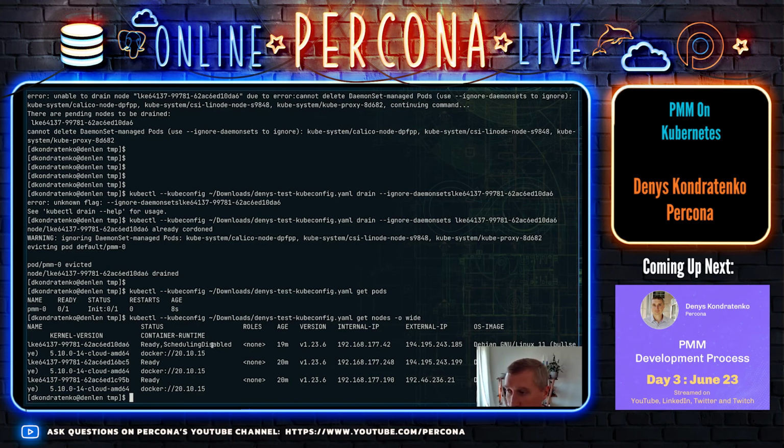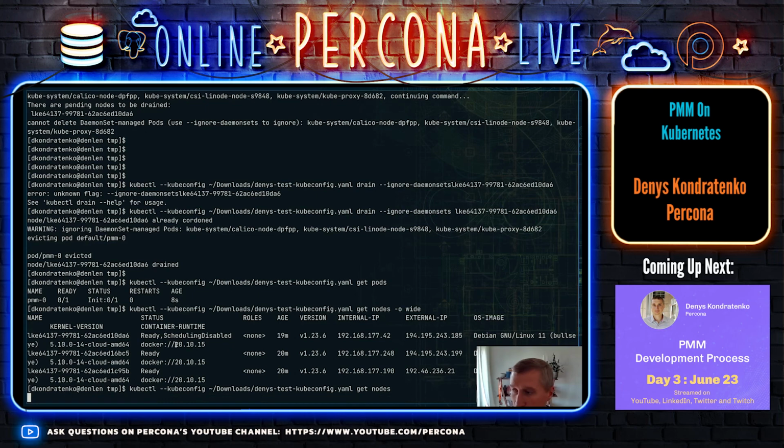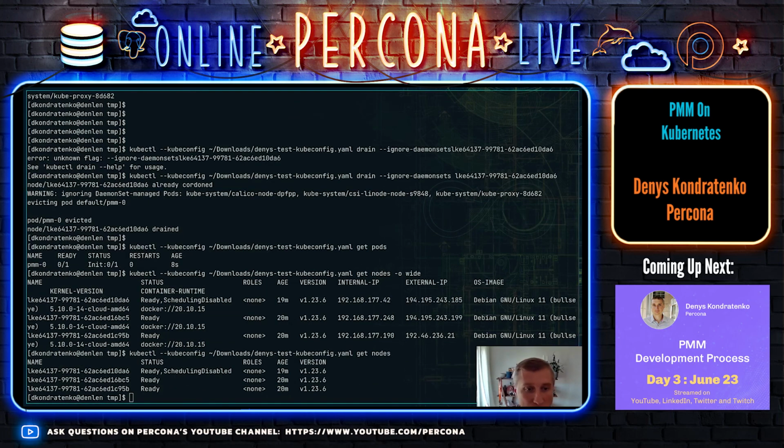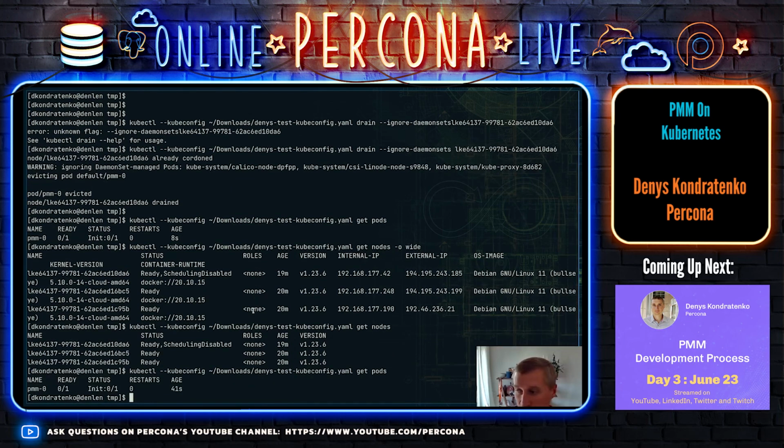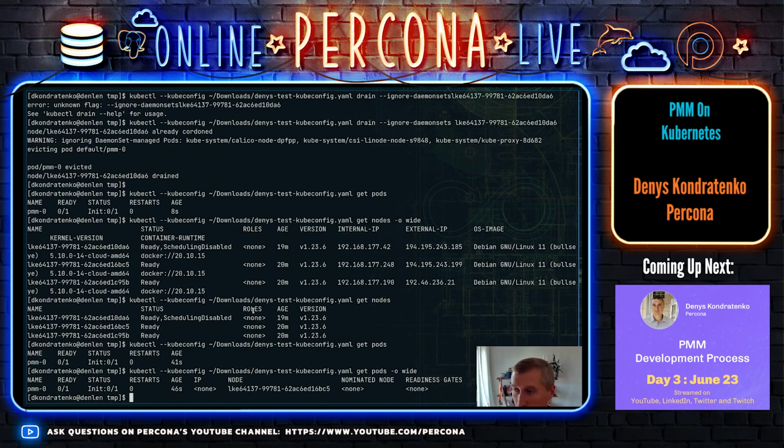that one node is not ready, right? You see, right now we have 3 nodes. We have another node that is unavailable, and let's see where the PMM is now running. So PMM is initting on another node, not on the one that we have evicted. So what I did, I simulated the issue with the node, and let's